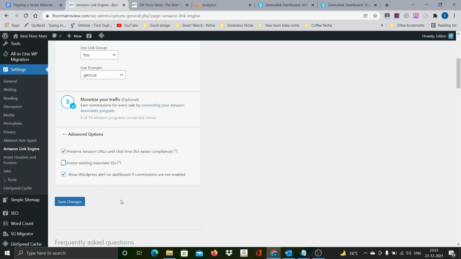Now what happens is, irrespective of whatever tracking IDs are used within the site, all those tracking IDs will be overwritten by the tracking IDs we created as part of this group. So in a single shot, any link anyone clicks on this particular website from now on will be overwritten by the tracking IDs we created. Or if you want to restore the old tracking IDs, you just check this box, and it will honor the existing associate IDs. But our main objective is to overwrite all existing tracking IDs with the new tracking IDs that we created.